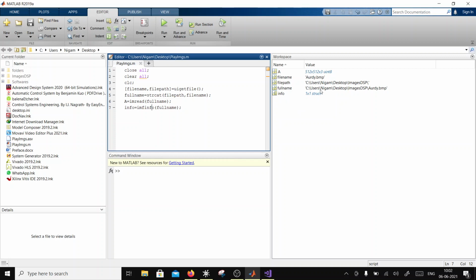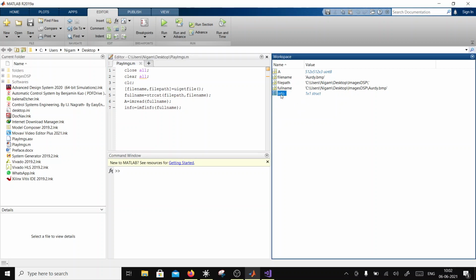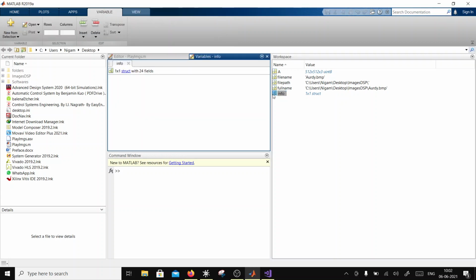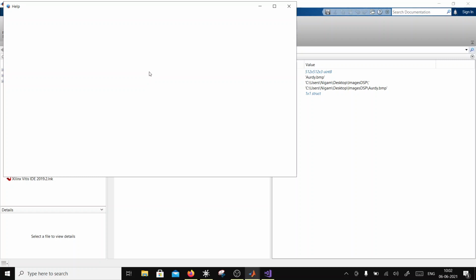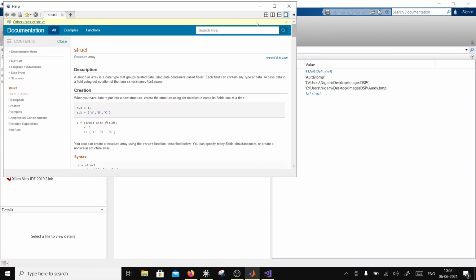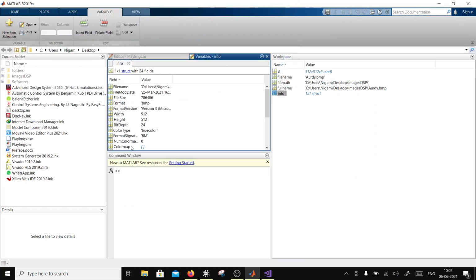So it has a structure, and what's inside this structure? I don't know. It says it's a structure with 24 fields. Okay, it's trying to explain what a structure is, but this is the information. The file name is this, modified date is this, and modified time is this.